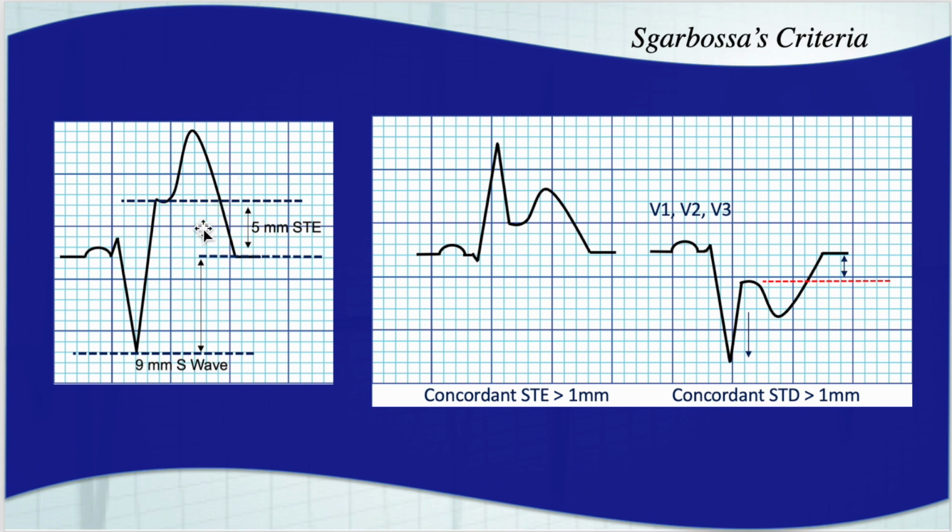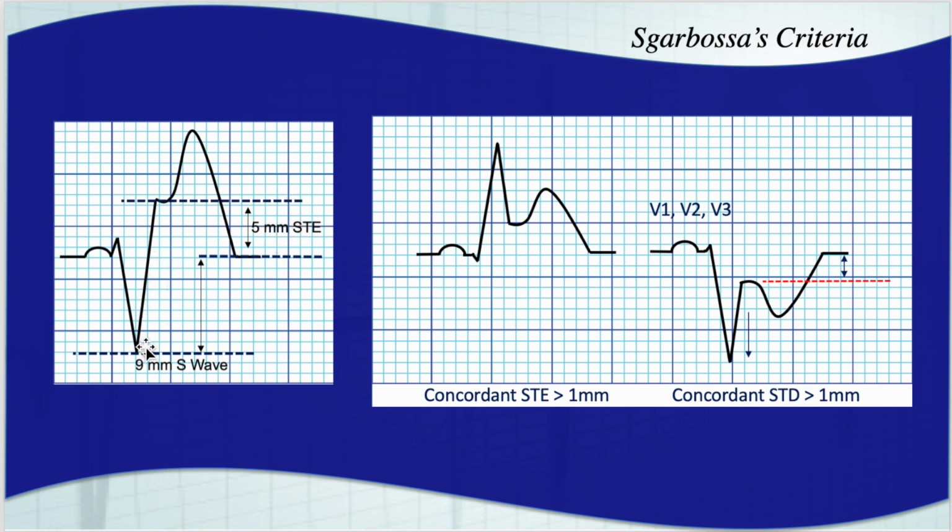So his rule is you take the amount of ST segment elevation. Looking here, we have 5 millimeters. You compare that to the depth of this S wave, which let's say is 9 millimeters. And if the 5 millimeters of ST segment elevation is at least 25%